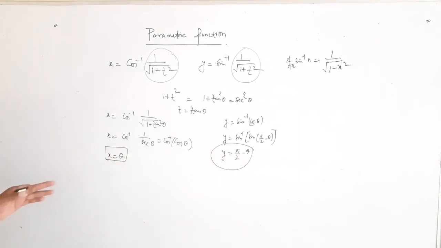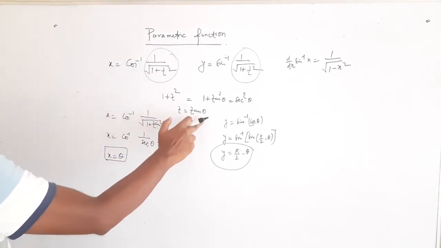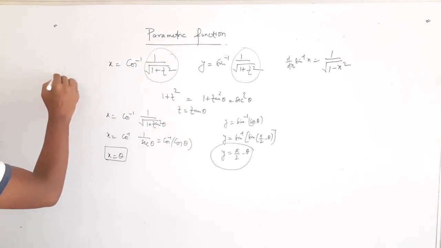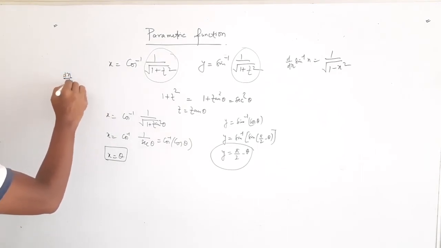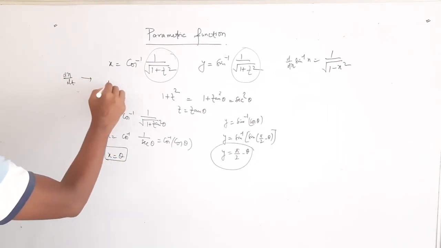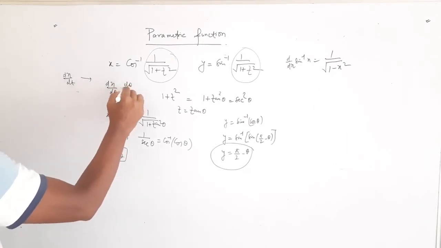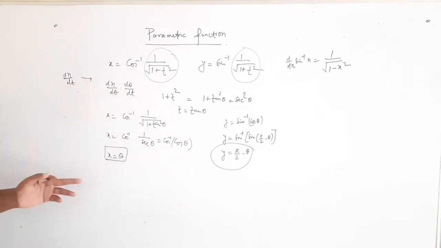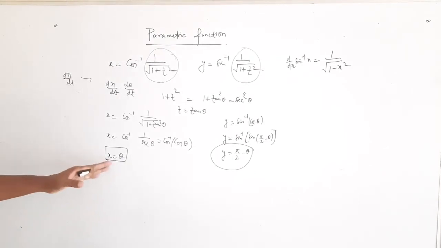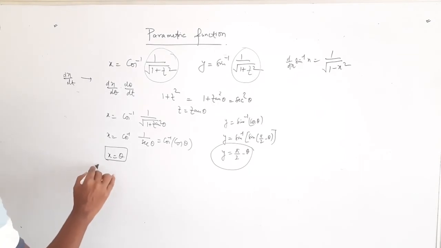So in that condition, even if x is a function of t and t is a function of theta, even if I say that I have to find dx by dt, but now I have to find dx by d theta, then again I need to find d theta by dt to get this dy by dt. So even if you just go directly and find with respect to theta only, there will be no effect on the value of this answer. So you can find dx by d theta directly.